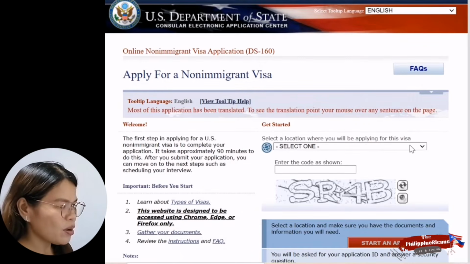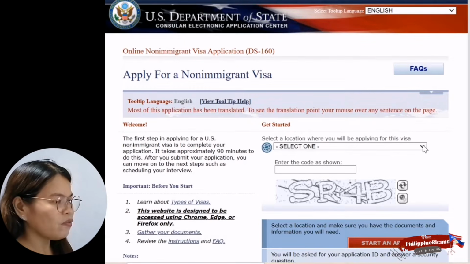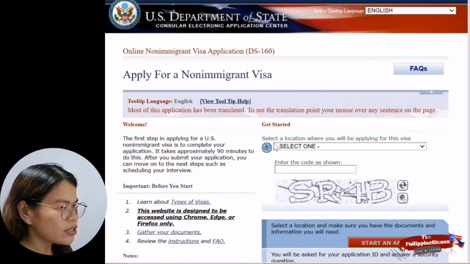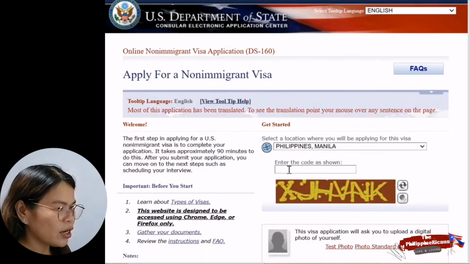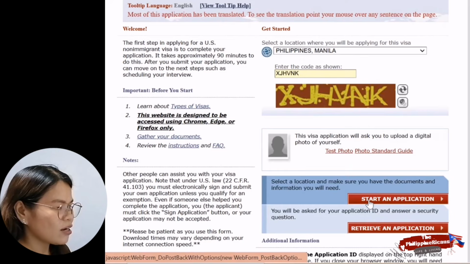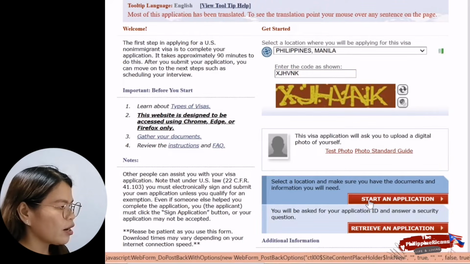So here, DS160 is the first thing to do before you book your appointment for the interview and pay for your visa. Get started. Select the location where you'll be applying for this visa. So here, Philippines, Manila, and enter the code as shown. Just copy the code below and then start an application. When you click start application, guys, it shows the Computer Fraud and Abuse Act Notice. Just click agree, and then